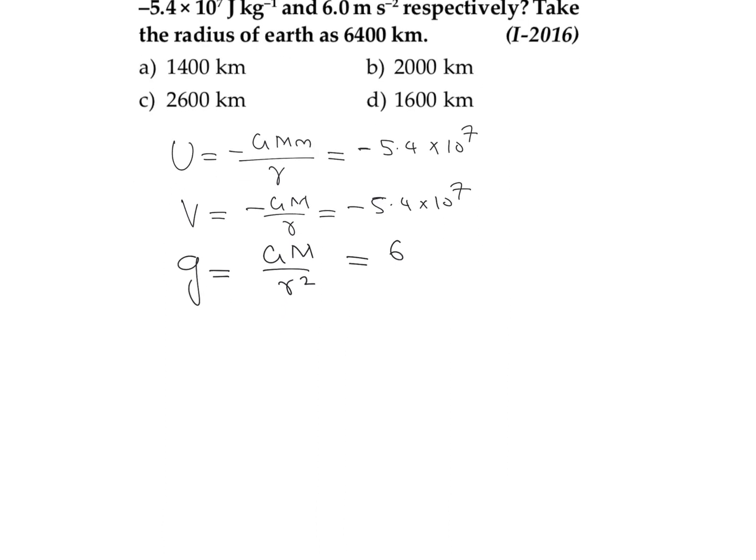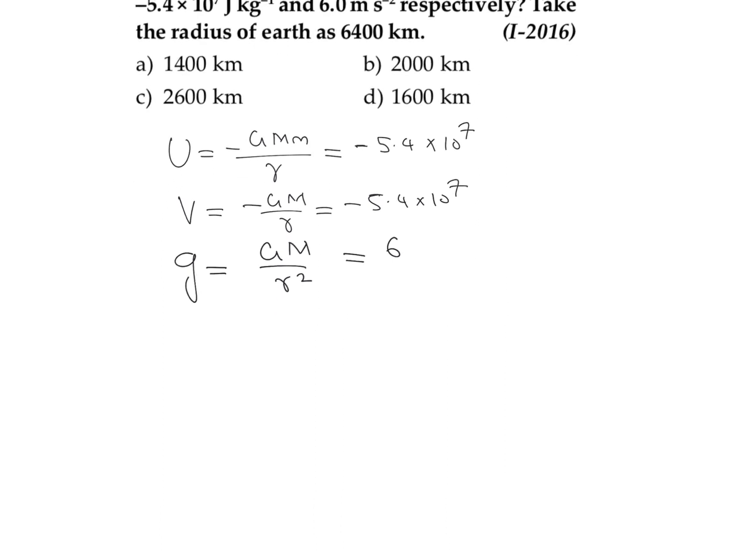Now if we divide these two equations, equation number 1 divided by equation number 2, we can find out the value of r, because V divided by g is equal to GM by r divided by GM by r square. So GM and one r get cancelled. So this r will be equal to 5.4 × 10^7 divided by 6, which is